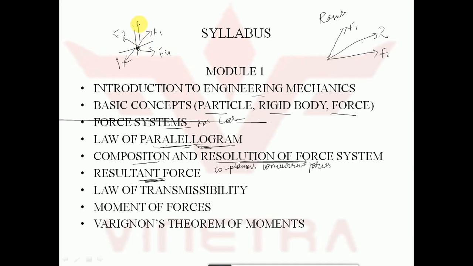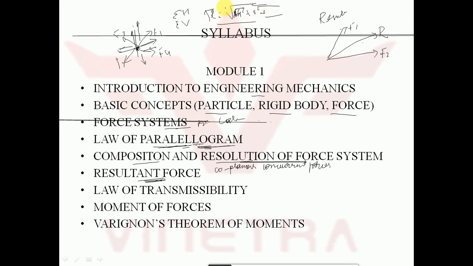Now we used to resolve them into vertical and horizontal. Here also horizontal and vertical. We used to find out the summation of H, summation of V, and resultant R is equal to under root of summation of H square plus summation of V square. We used to use this formula to find out the resultant. Here the force system was a coplanar concurrent force system, so we comfortably applied the law of parallelogram to